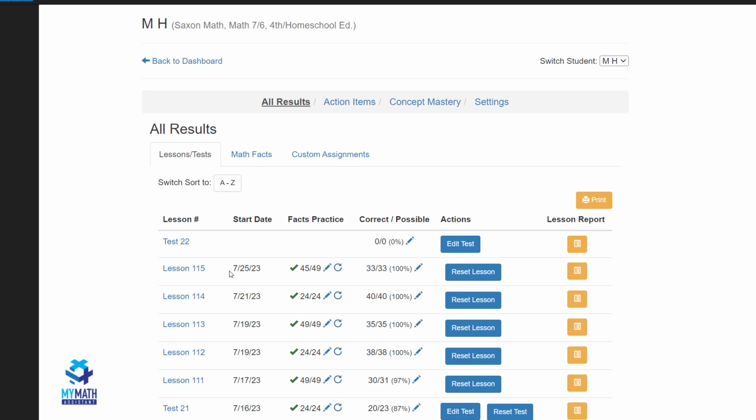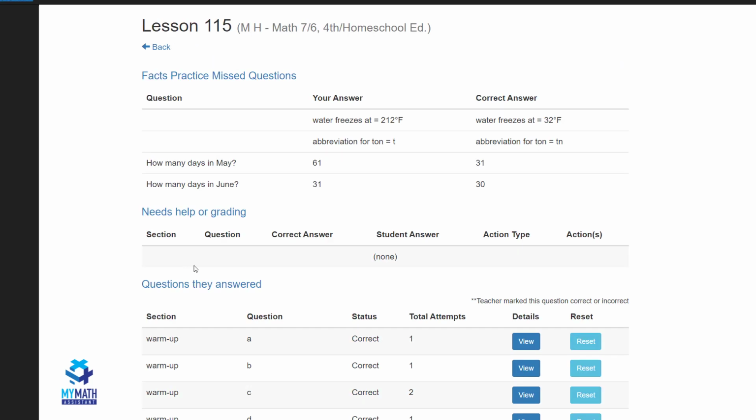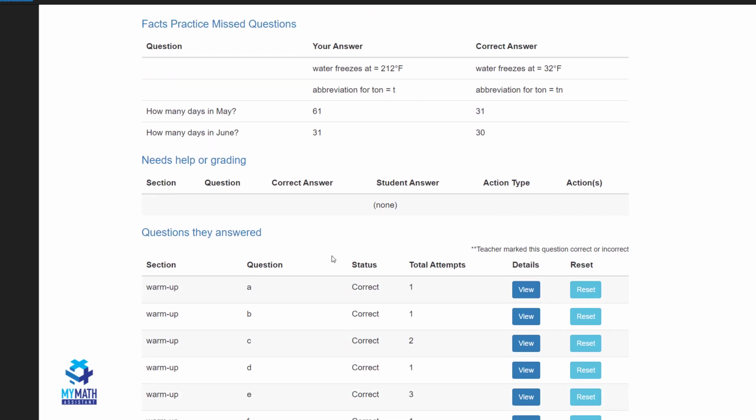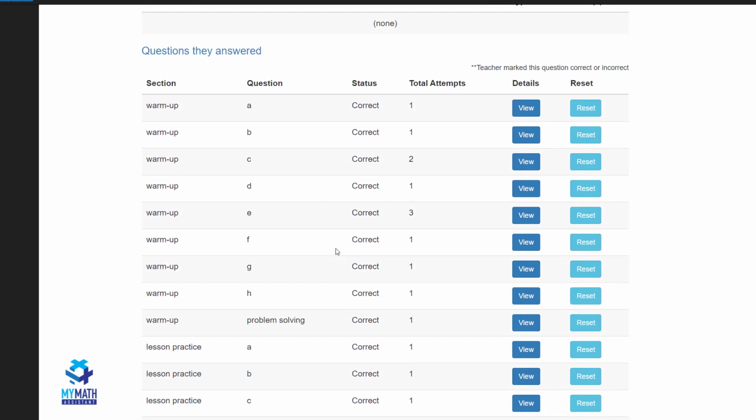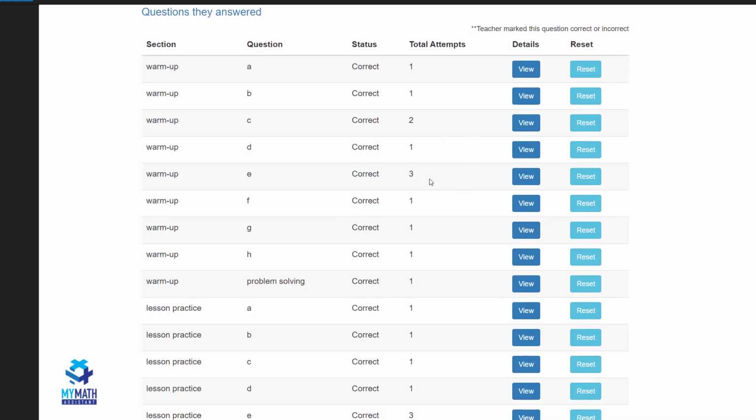If you drill down on a particular lesson, let's say lesson 115, you can see details such as which math facts they missed, if they have any questions that need help or that they need you to grade, and then you can see some details on every single question they attempted, whether they got it correct or not, how many attempts it took. You can also see what those exact attempts were